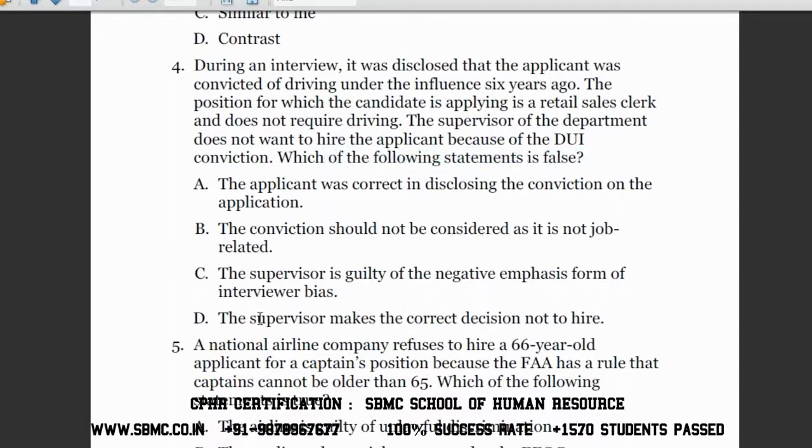The false statement is this: the supervisor makes a correct decision not to hire. It's false. The supervisor did not hire the candidate, so not to hire is wrong. It's false. So what the law says is that if someone was convicted, it depends on the